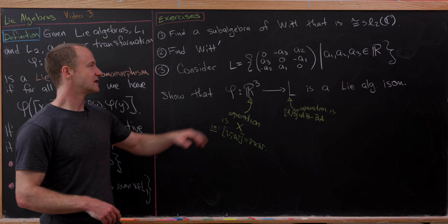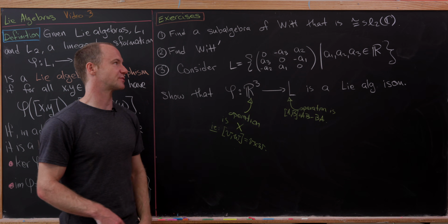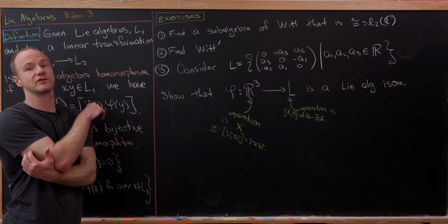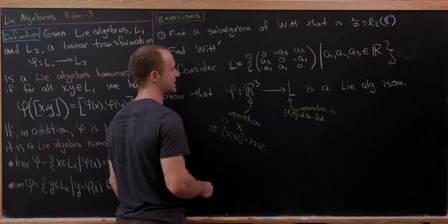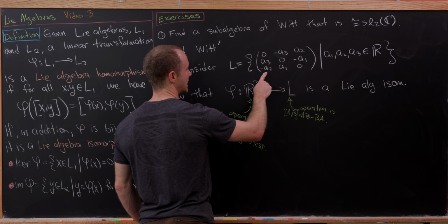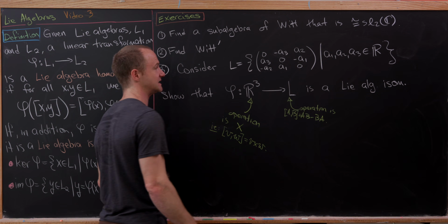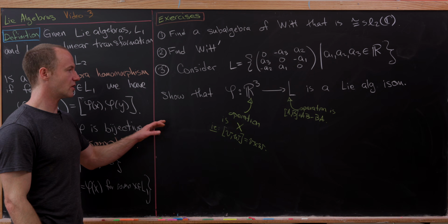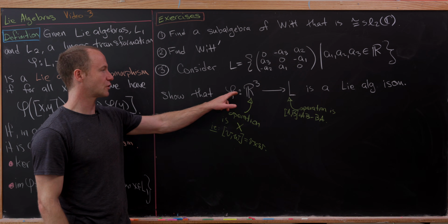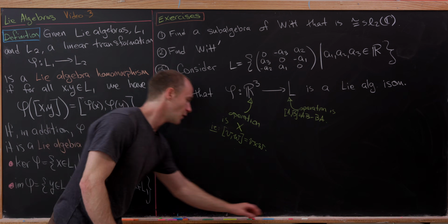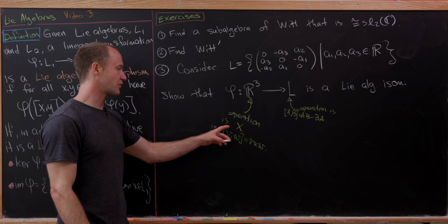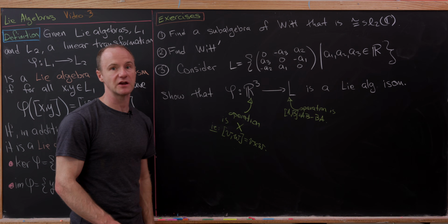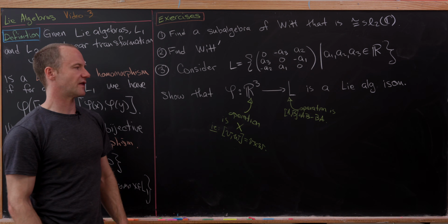And then finally, let's consider the following Lie algebra of matrices. So notice they're 3 by 3 matrices, but you really only have 3 degrees of freedom. They're of the form 0, minus a3, a2; a3, 0, minus a1; and minus a2, a1, 0. And this is over real numbers. And then what we want to do is show that there is a Lie algebra isomorphism from R3 to L, where in R3 the operation is the cross product. So in other words, bracket VW is really V cross W,